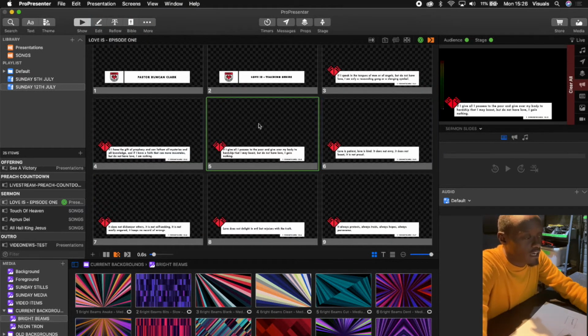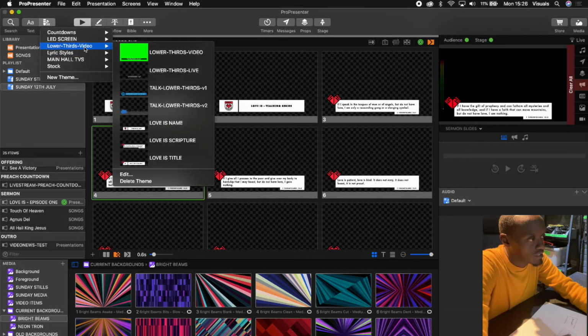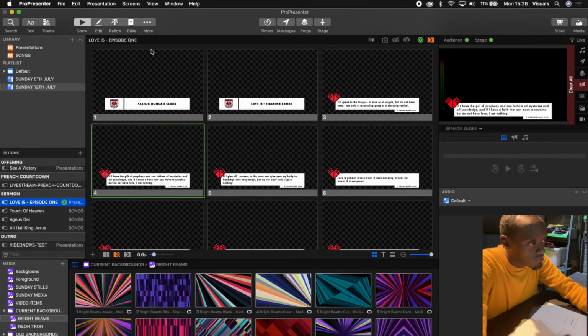So the way I've created these slides is I've created a new theme called, if you click on theme, lower thirds video, and love is scripture. Love is name is for the name of the person preaching. Love is scripture is the scripture. Love is title is the title, and I'll show you those in a minute. So when you click on the sermon, you can see, if you hit edit,